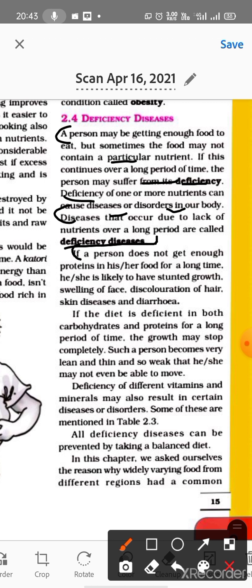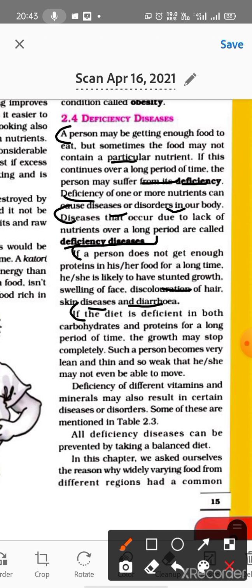So what is given? If a person has not contained protein in his or her food for a long period of time, so what he will suffer? Stunted growth, swelling of face, discoloration of hair, skin disease and diarrhea. अगर किसी भी पर्सन ने बहुत टाइम से प्रोटीन अपनी डाइट में नहीं लिया है तो उसे क्या हो सकता है? फेस पे सूजन आ सकती है, स्किन की कोई डिसीज़ हो सकती है, डायरिया हो सकता है. ओके,